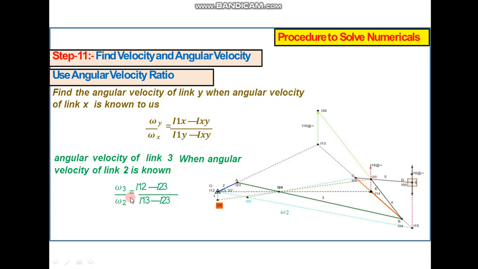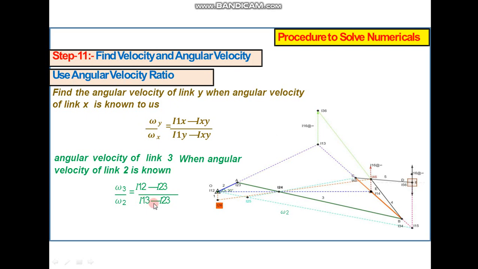Omega 3 upon omega 2 is equal to common Ixy, I23 here, and if it is 3 with respect to fixed, so if it is 3 2, and if it is 2 it will be 3 here. So I12 I23, just reciprocal, 3, so it is 2 here, 2 is, that's why 3 here. So I am using this formula, omega 3 upon omega 2 is equal to I12 I23 upon I13 I23. Now if I want to find omega 3, this distance is known to me. How to get distance? From this configuration diagram. Join I12 I23. How much is it? Write down here. I13 I23. Where is I13? Here I13 I23. Join this distance. Find out this ratio. Multiply by omega 2. We get omega 3.